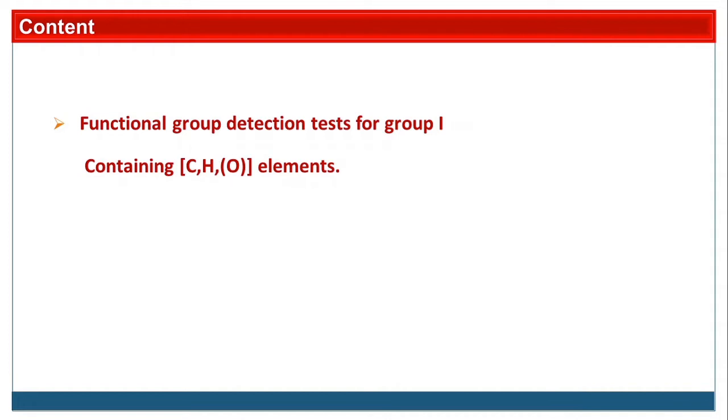Friends, there are so many functional groups and so many tests we have to perform in organic qualitative analysis. We can limit the tests according to which elements are present in the organic compound, what is the type of organic compound, and what is the physical state of the organic compound. So type is very important. If your type is acidic, then go for the tests for acids only. If your type is phenol, then go for the functional group detection tests for phenols only. If your type is